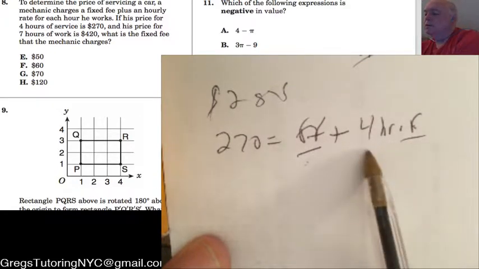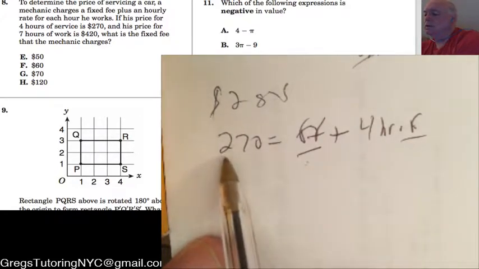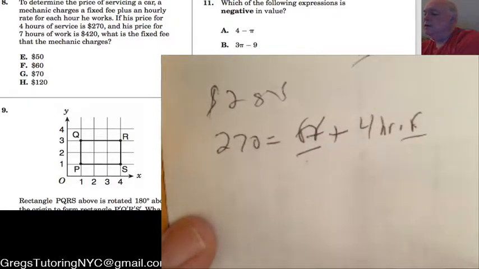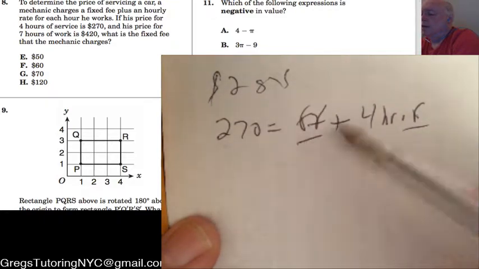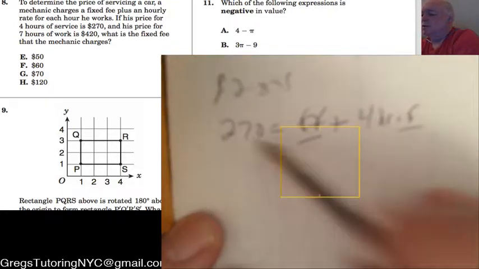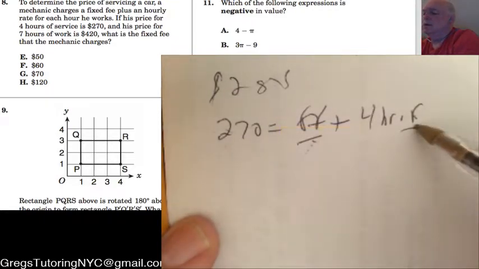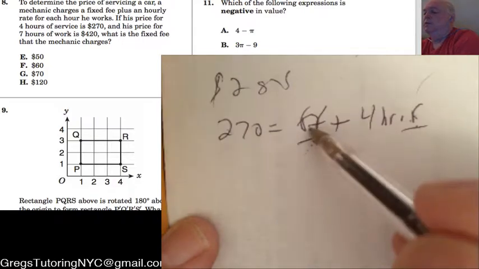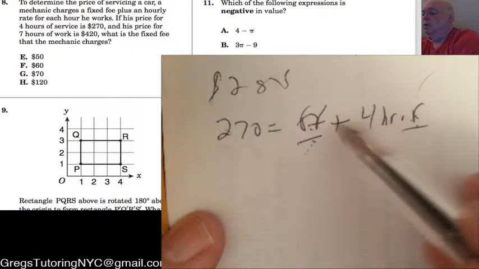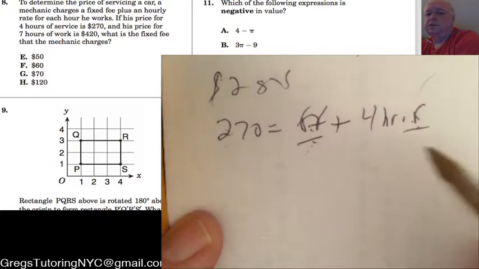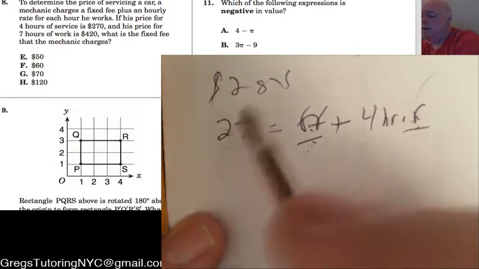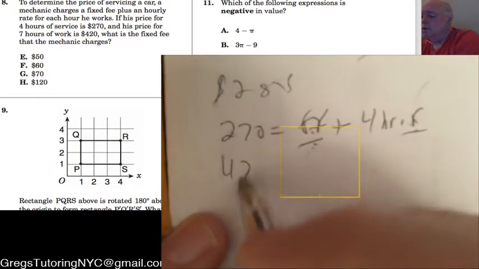But we do know the number of hours, and we do know what the total ended up being. So by itself we can't do much with it. We can wiggle around and say the fixed fee can't be greater than 270, because it could turn out that he works 0 hours, and we can make this some fantasy line like 1,000,000 hours, but that's impractical, and say the fixed fee is like a penny. So we know the answer has to be between those two, but that doesn't help us. But if we add the second one on, that he is for 420,